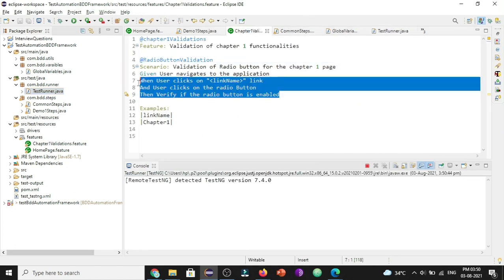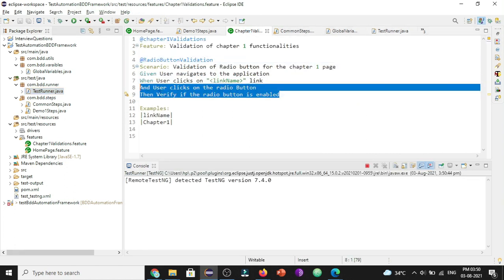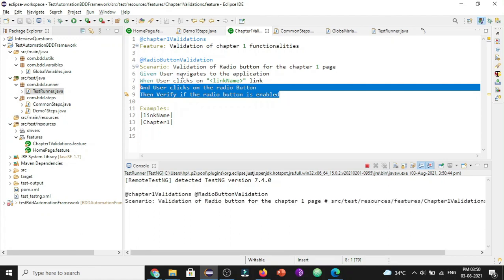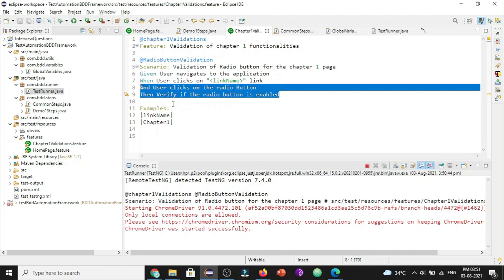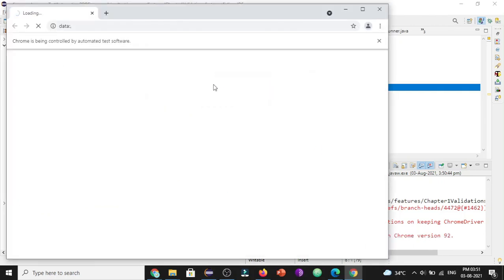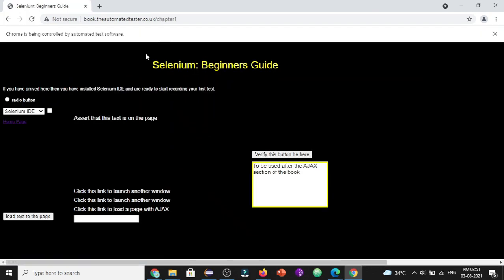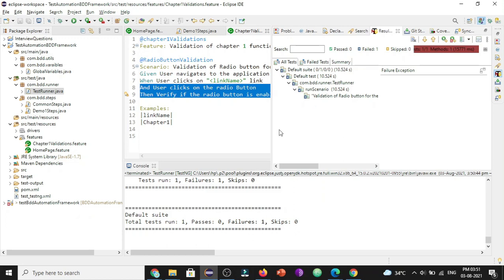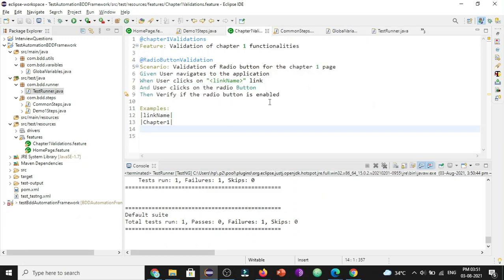Here we haven't implemented these two steps, user clicks on the radio button and verify if the radio button is enabled. But let's run and make sure that the browser is initialized and is able to navigate to the application, as we have moved this browser variable to the global variables.